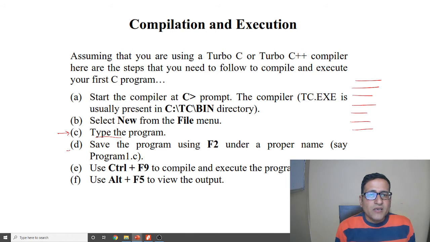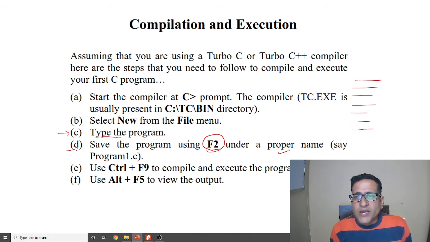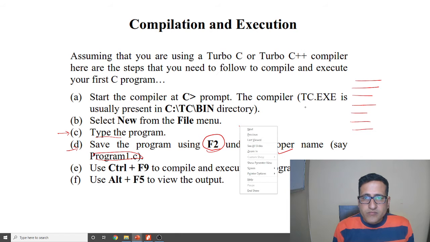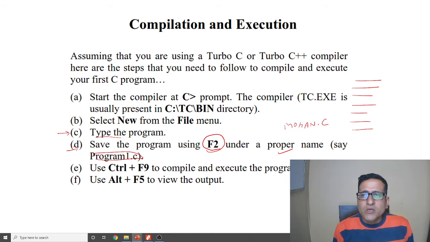After that, save the program by pressing the F2 key under a proper name. Like you can give the name program1.c, or you can name it by your name, like Mohan.c.